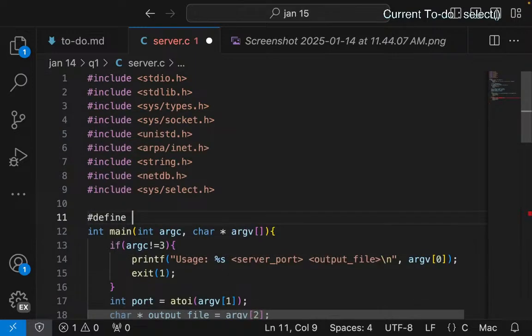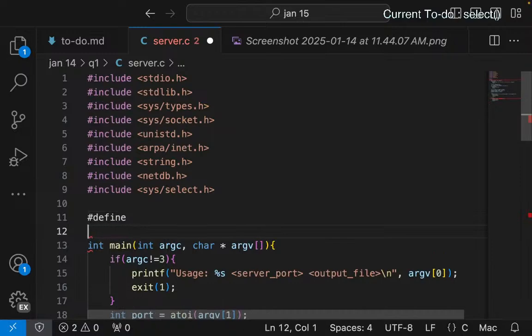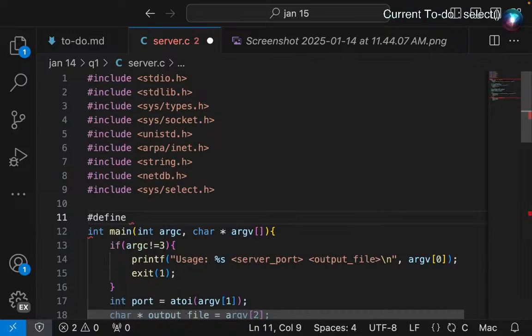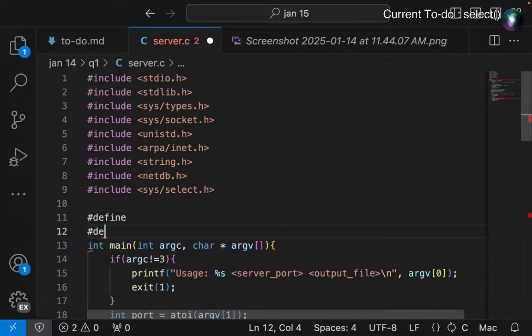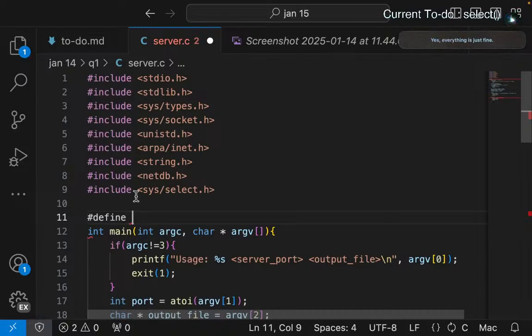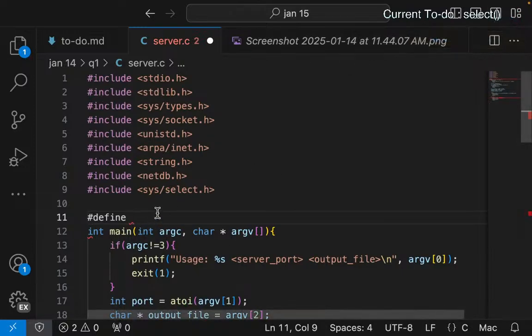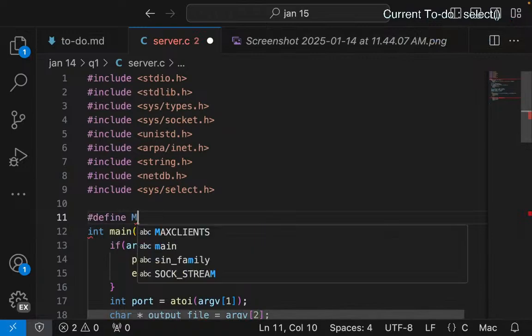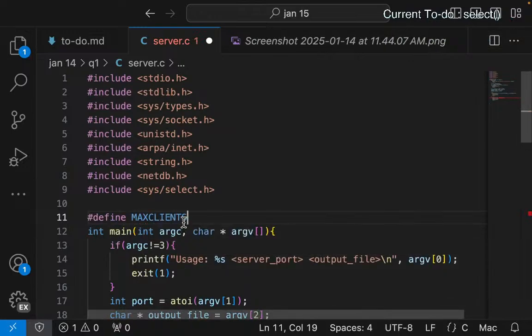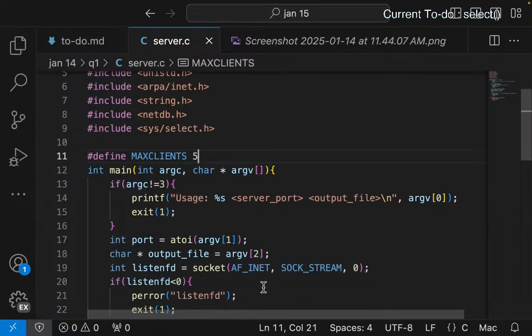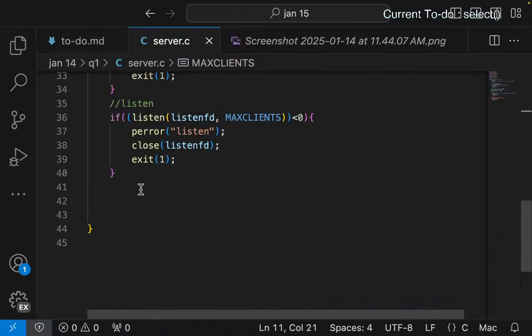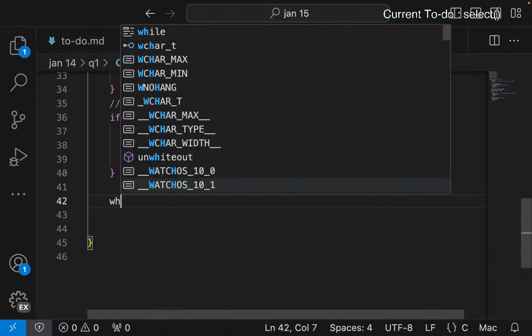Define max clients. Damn it. Fine. Yes, everything is just fine. Shut up. Define max clients to be 5. That's cool. And after that, do a while loop